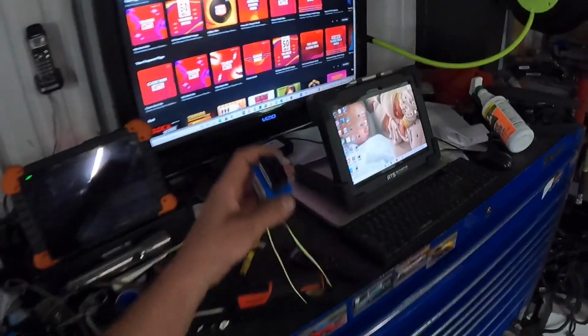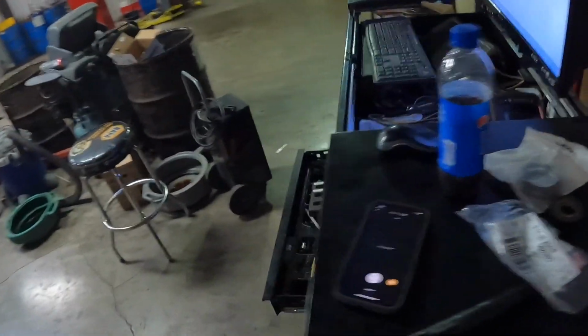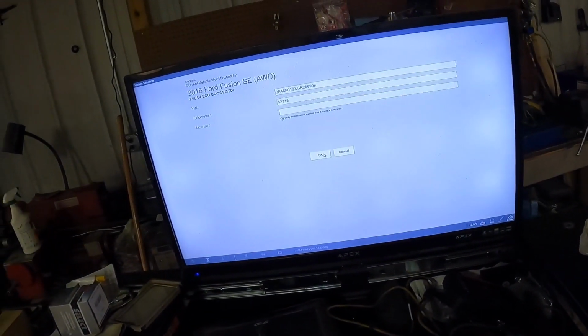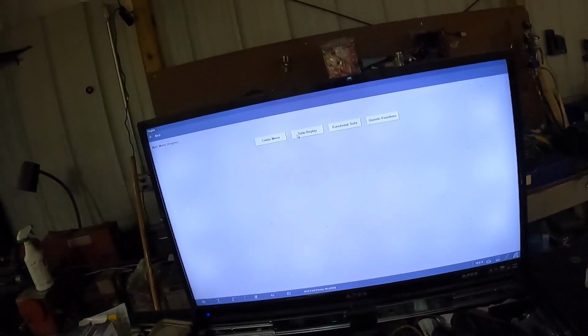Well, we're back. We actually had a Ford part in stock at the local parts store. Found, interesting. So we're going to go back in here. We just have the sensor swapped out, not even, or shall I say, laying on the air tube there. We haven't bothered to actually...